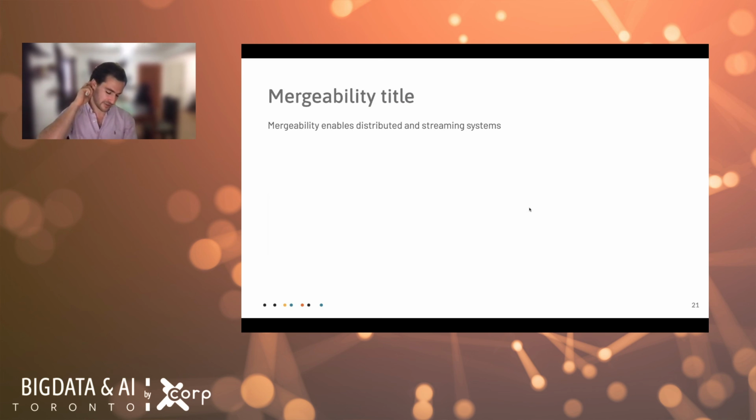And the other thing that mergeability enables is streaming systems, right? If we've got a streaming system that's bringing data progressively in micro batches instead of in one large batch at a time, the ability to generate the profile and then to merge it into the previous profile means that we're able to maintain lightweightness on a streaming system without having to compromise the descriptiveness of the profile. So mergeability is also a really key attribute.